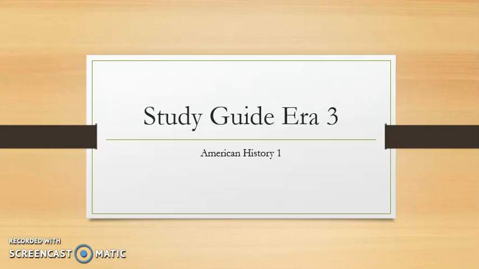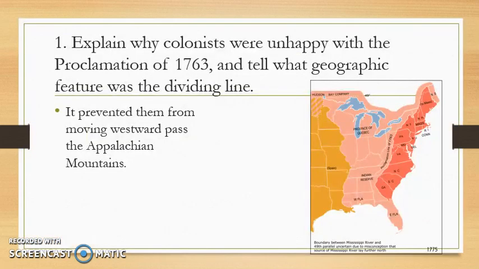Today what I'm going to go over is your study guide for Era 3. This is going to be the causes leading up to the Revolution, and the beginning of the government with the Articles, okay? So, for the first question, you had to explain why the colonists were unhappy with the Proclamation of 1763, and